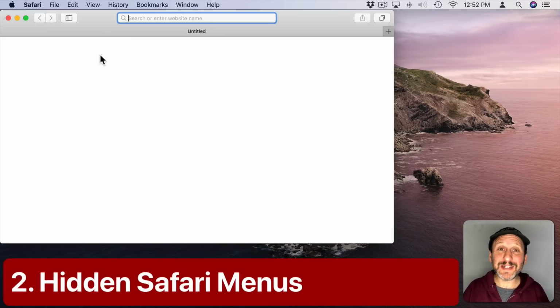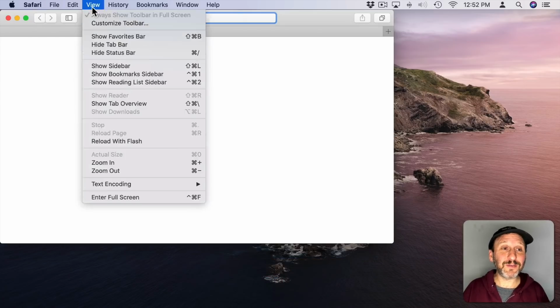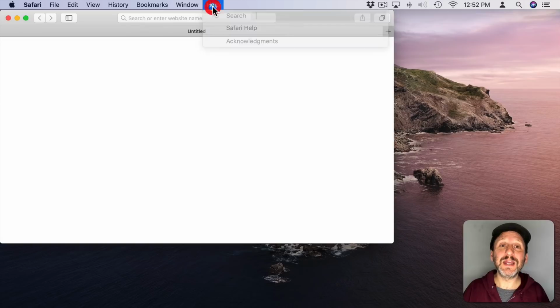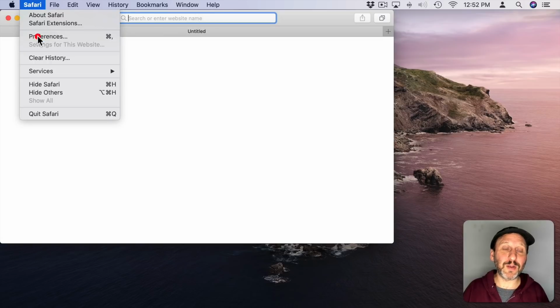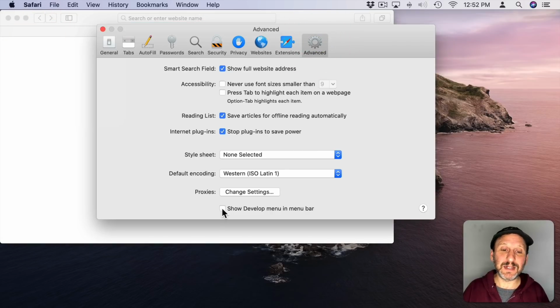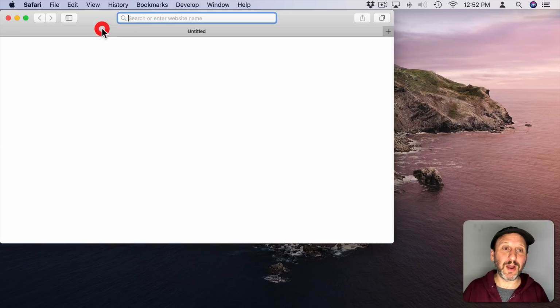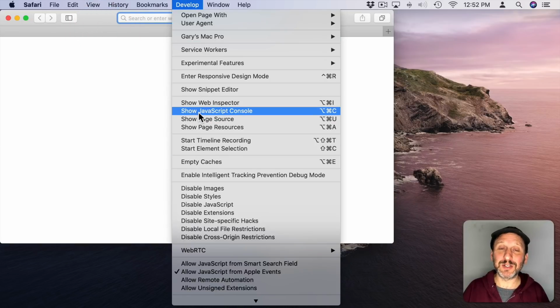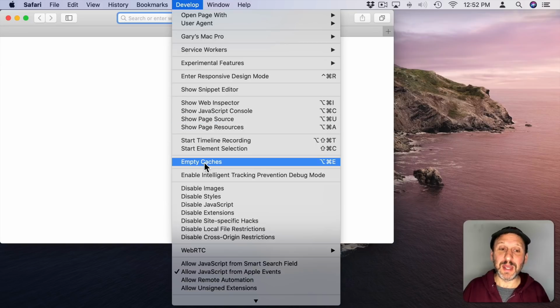You know what's really handy in Safari, especially if you're a developer? The Develop menu in Safari. See it right here? No, you don't because it's hidden. You can reveal it easily by going to Safari Preferences, then Advanced, then click Show Develop menu in Menu Bar. And then you get all these extra commands including the ability to inspect things, disable various kinds of things. Most of this is useful for developers, but you have other commands here that even non-developers can use like empty caches.